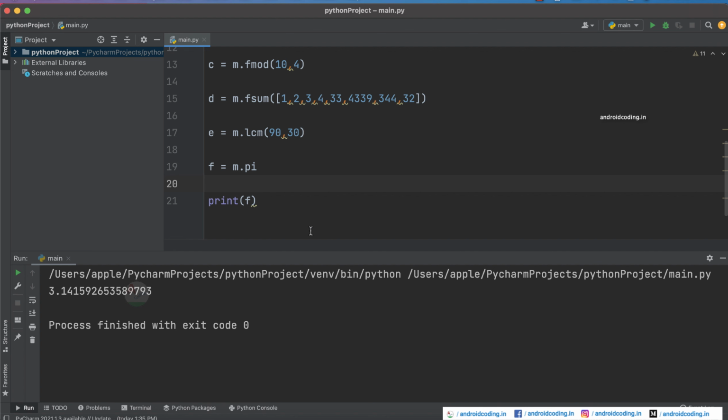So now I think you understood. This tutorial is just to explain how you can make use of these mathematical functions. I know you have the knowledge of performing mathematical functions, but in a programmatical way, for those who are beginners in Python programming, I think it will be helpful for them.